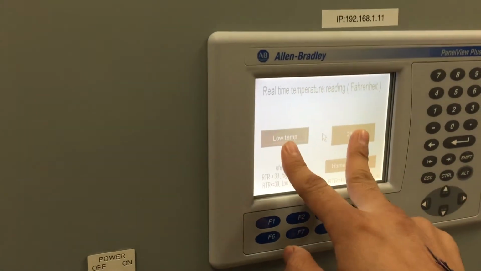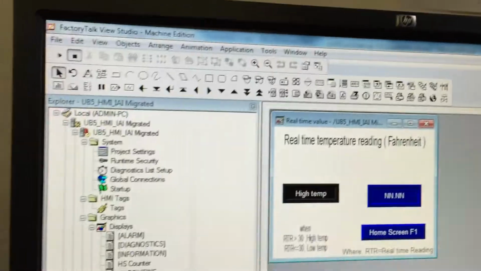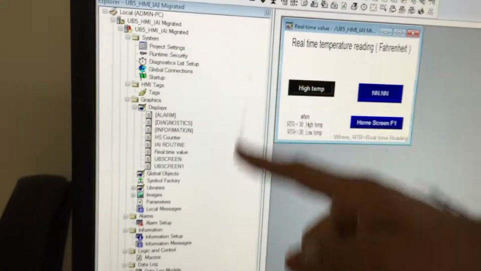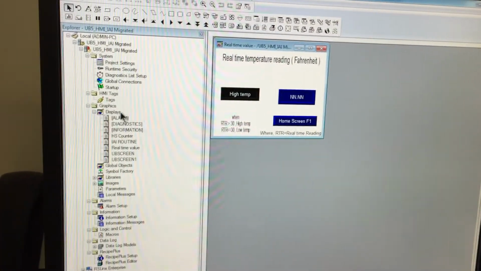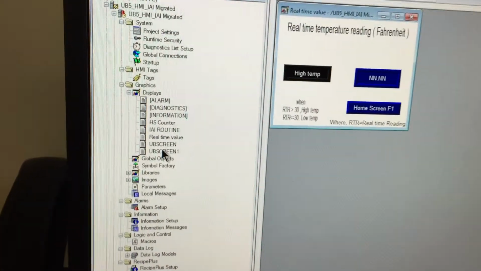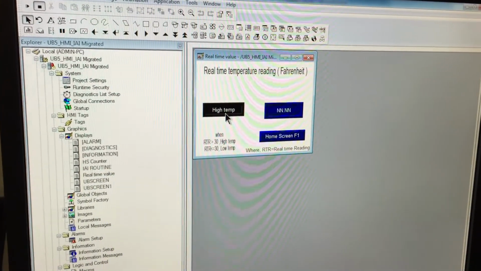For that we are using FactoryTalk View Studio, and this is all for designing the HMI screen. We have the display over here, so this is the home screen, and this is the real-time temperature screen.